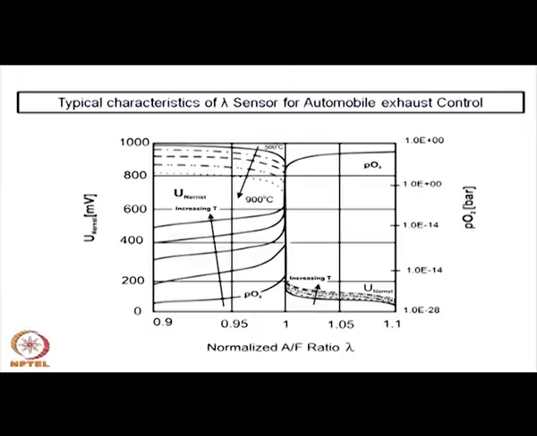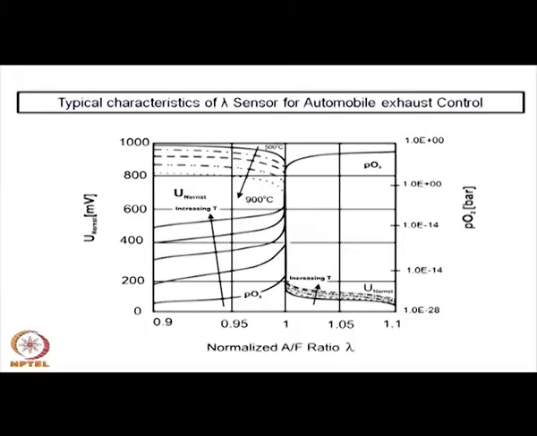It is the oxygen potential which becomes a measure of the extent of combustion taking place inside the engine, and what kind of air fuel ratio one has to control so that complete combustion takes place. Because if there is incomplete combustion, then a lot of carbon monoxide will be generated, which is environmentally hazardous, and therefore all automobiles these days use this particular sensor to control the combustion process